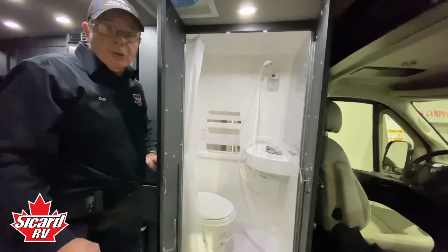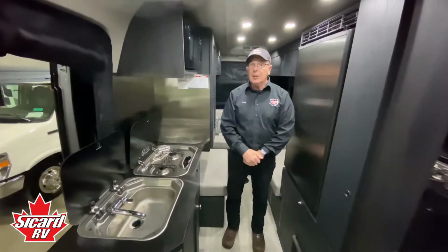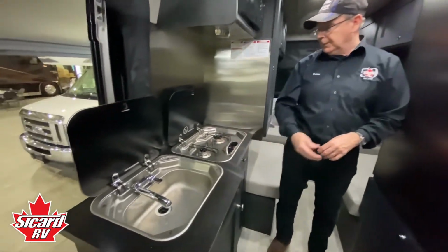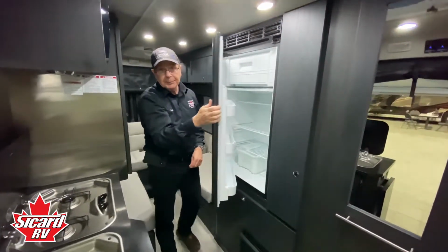The Zion is equipped with an all-in-one bathroom with marine toilet and shower. In the middle of the coach, we have all the kitchen amenities. We have your sink, your stove, 5 cubic foot 12 volt refrigerator,